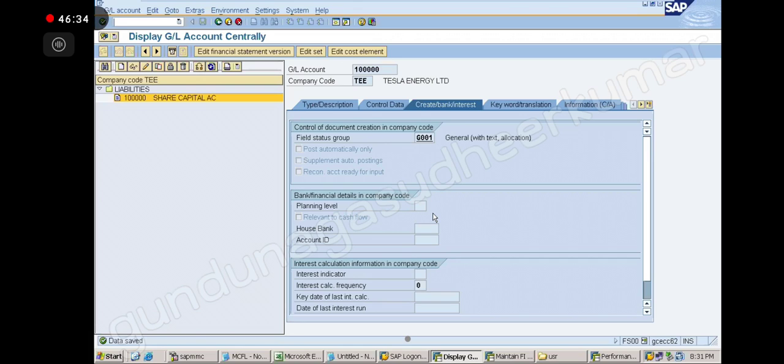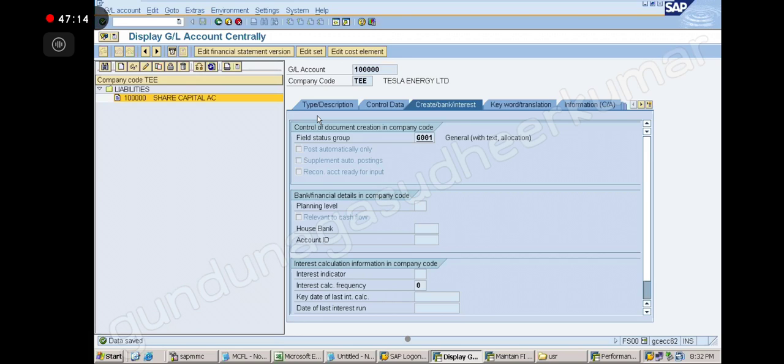So now what am I saying? Here we are checking the 21 steps, correct? Yes, sir. When I am creating this, if there is any problem in any of my 21 steps, it will throw the error. Where can we find the error, sir? It will tell you. The error itself is a clue to you. It will say tolerance not created, chart of account not created properly. So you have to go to that step, solve that problem, and again try to create.